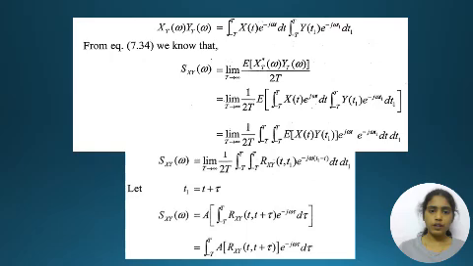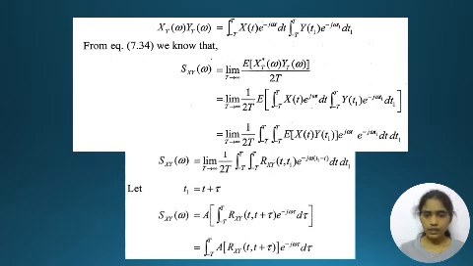Xt of omega, yt of omega equals integral from minus T to T of x of t e power minus j omega t dt, and integral from minus T to T of y of t1 e power minus j omega t1 dt1. We know that Sxy of omega equals limit T tends to infinity E of x star T of omega yT of omega by 2T, that equals limit T tends to infinity 1 by 2T E of integral from minus T to T x of t into e power minus j omega t